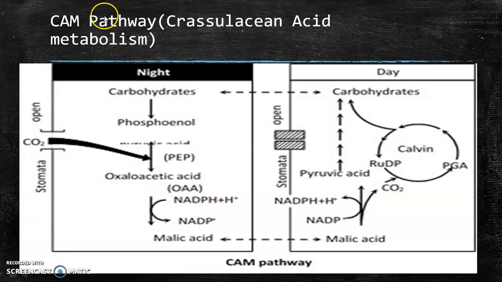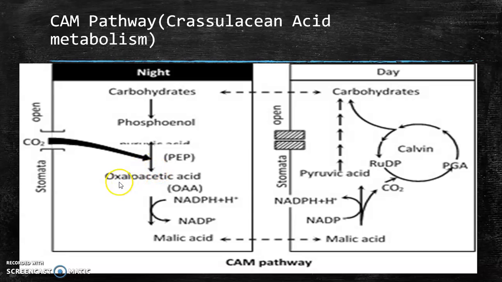The next important pathway is the CAM pathway or crassulacean acid metabolism. Here, these CAM plants live in dry conditions, and this pathway occurs in order to reduce the usage of water, minimize the water loss and fix carbon dioxide easily. The special thing is that during the night time the stomata are open in this plant, whereas during the daytime the stomata get closed. So during the night time, the stomata open, the carbon dioxide enters, and it is fixed as organic acids.